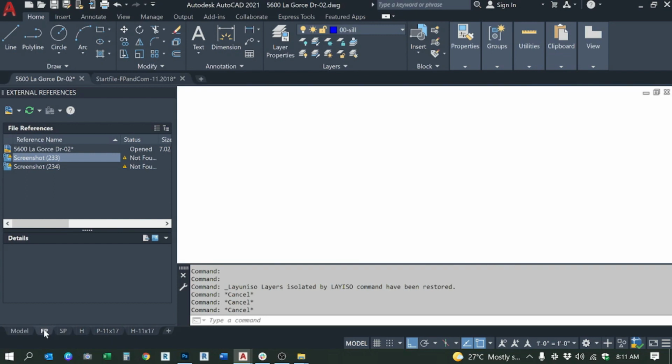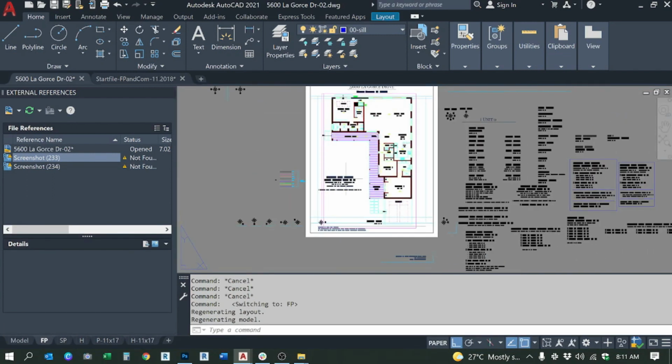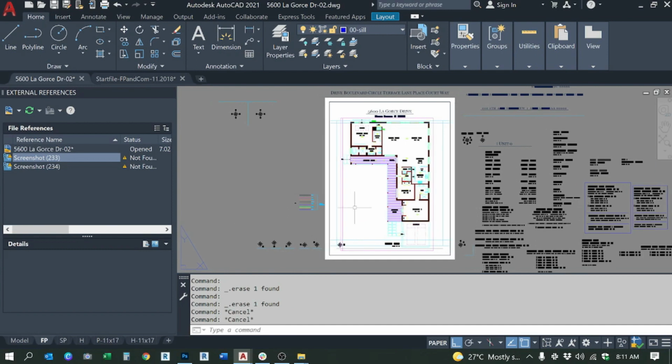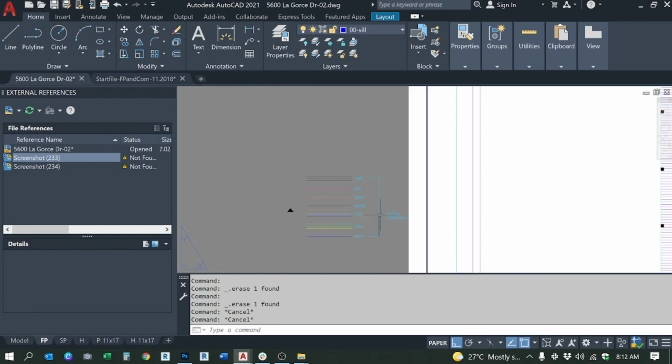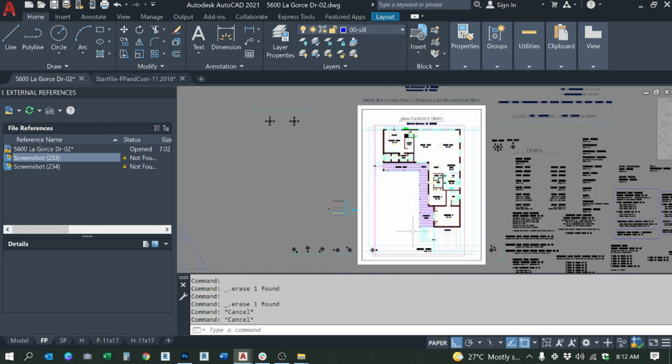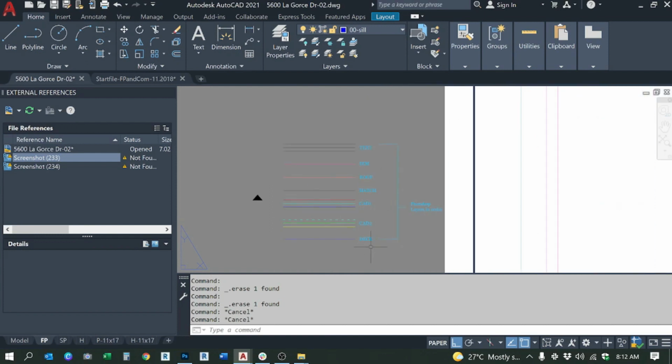So I have here the plot. I usually use the layout or paper space to plot the floor plan into PDF. This size is, I think, letter size. Once you are done with the floor plans in AutoCAD, we should save the PDF not as a whole floor plan, because we will create layers for each type of layer that we need. So the layers that we need are text, dim, roof, hatch, CAD 1, CAD 2, and deck. CAD 1 is just the walls, and CAD 2 is the